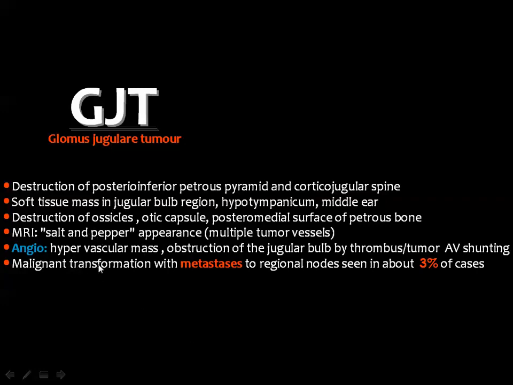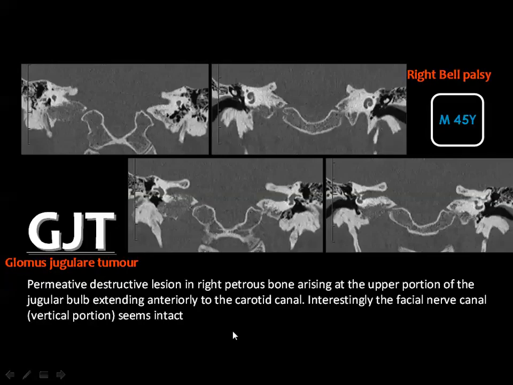On angiography, the mass is hypervascular with obstruction of the jugular vein by regular thrombosis or tumor thrombus. Some of these lesions may undergo malignant transformation, giving metastasis to the regional lymph nodes, and the incidence of this is about 3%. And if you see a lesion centered to the jugular fossa with destructive changes and erosions, think